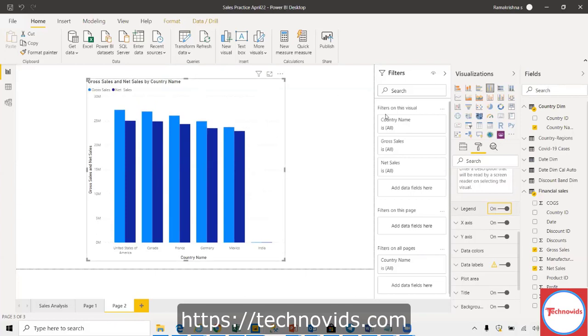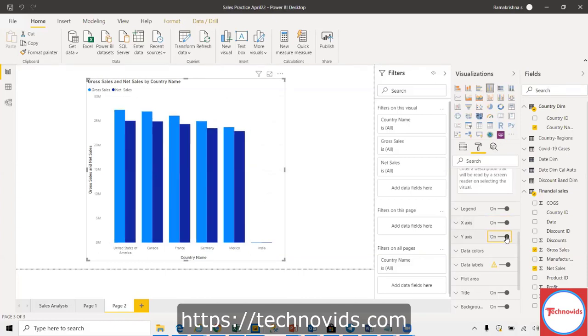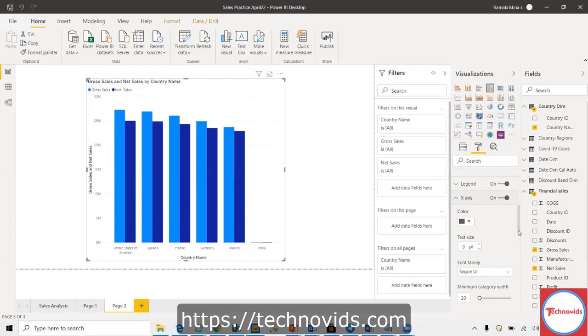Gross sales and net sales. If you don't want that, you can always remove it. Similarly, the x-axis and y-axis, if you don't want them, you can remove them. Generally it doesn't make much sense to remove the x-axis and y-axis, but there may be cases where you want to remove the data or labels; that's your call.